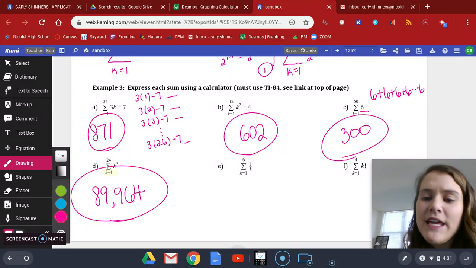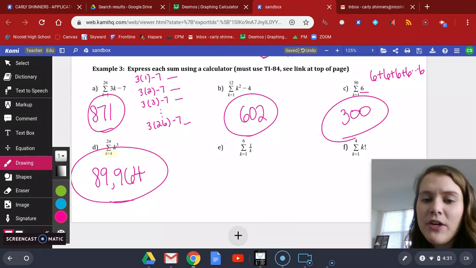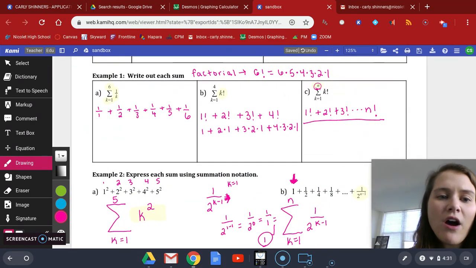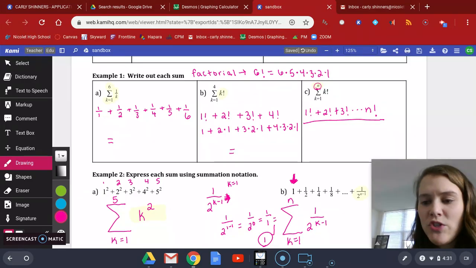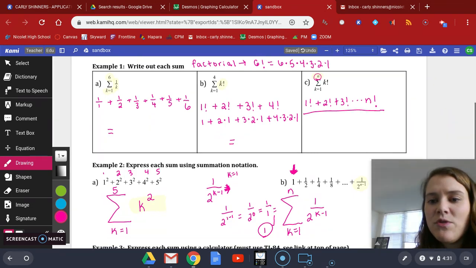And now for letter E and F, hopefully these look a little familiar to you. These are the ones that we did up here. So it just goes to show you that you can always write it all out and do it that way if you like. But I do think the summation